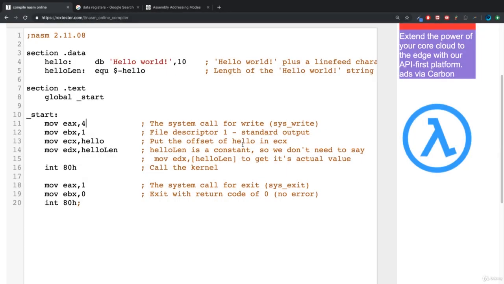Hello, in this video we are going to look at the immediate mode of addressing. It is actually really simple. The immediate mode for addressing is essentially when you provide a literal